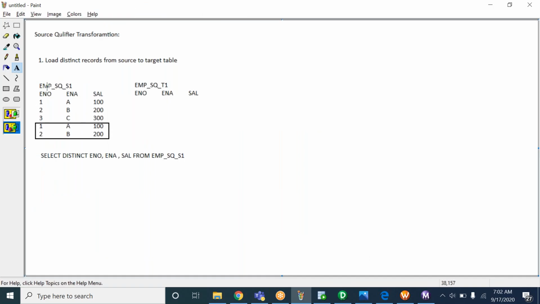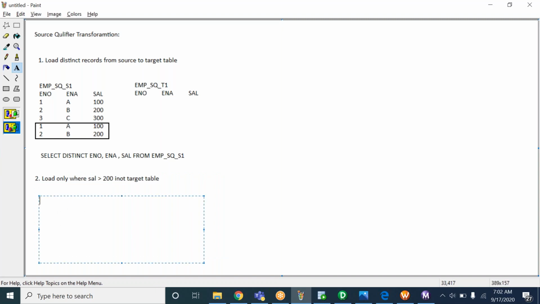Another example. While practicing, you create another source table like this. Here we have to load only where salary is greater than 200. Okay, something like this.